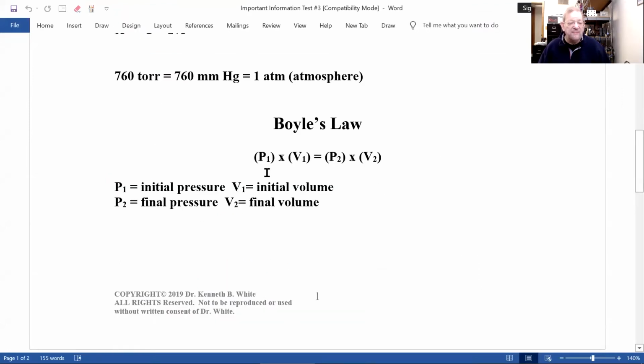All right, P1 is the initial pressure where you started. V1 is the initial volume where you started. P2 is your final pressure where you end up, and V2 is your final volume where you end up also. These pressure and volume can be in any units. And therefore,